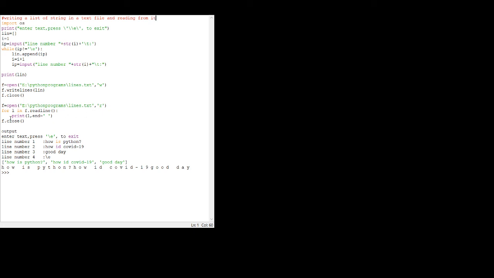Alright, so what happens? I have used a for loop: for l in f.readline. Here readline and writelines both are here. I want to read a line: for l, line in f.readline colon. Print: now I want to output on the screen whatever is being read, l, the line it has read, ending with a space.